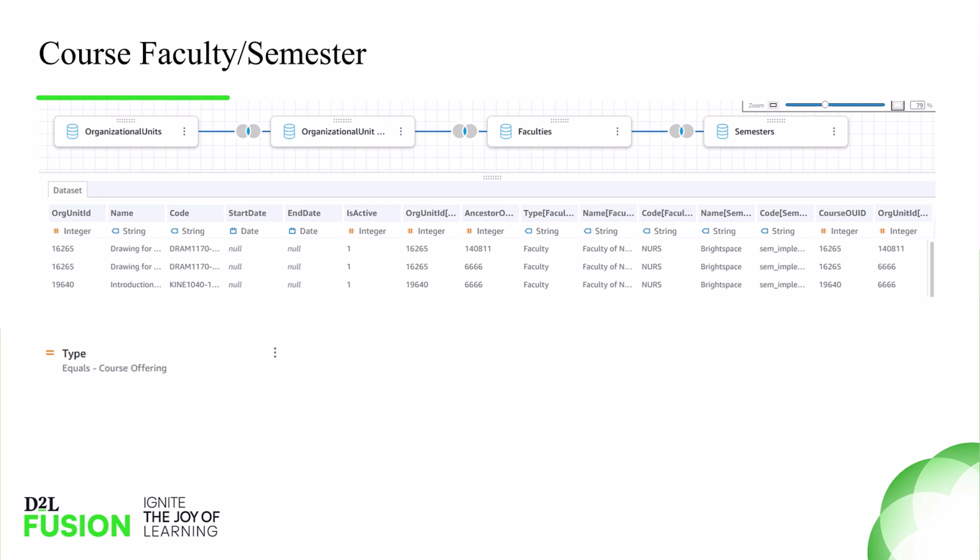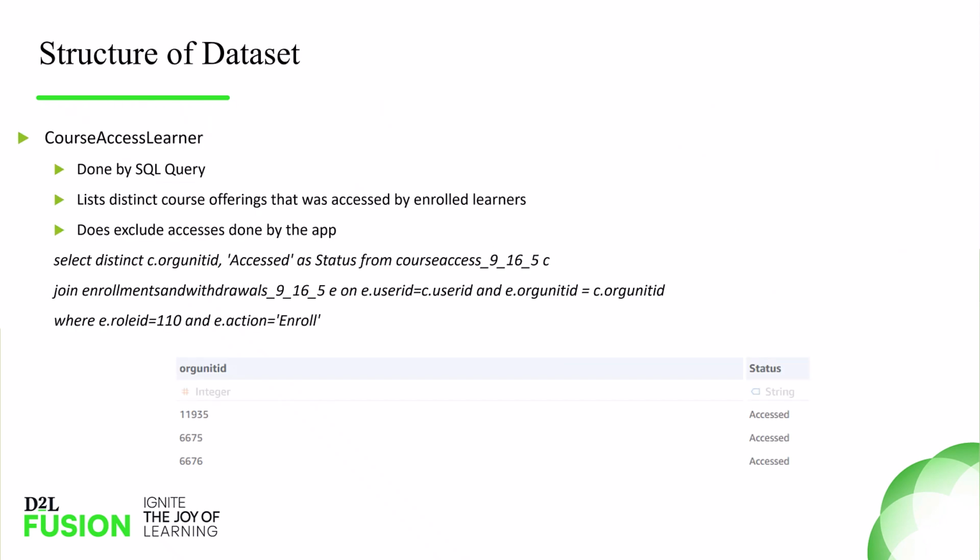and filtering out to only capture course offerings. We now have a core data set that tags every single course offering with its respective faculty and semester. I'm now going to walk you through the second component of our data set, which is a custom SQL query